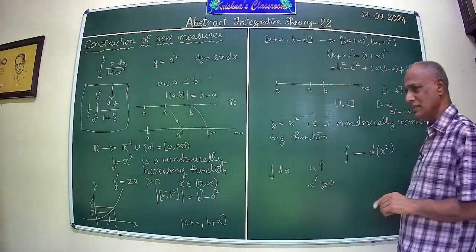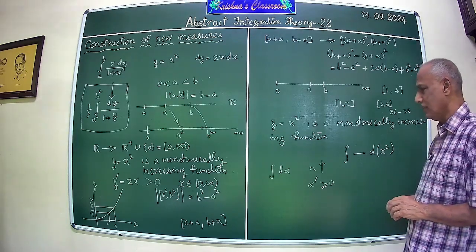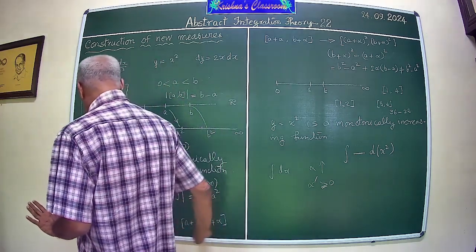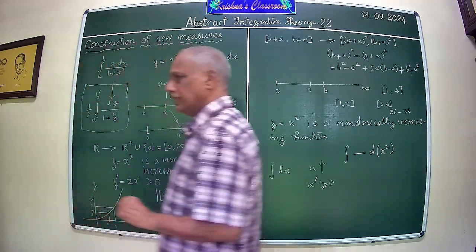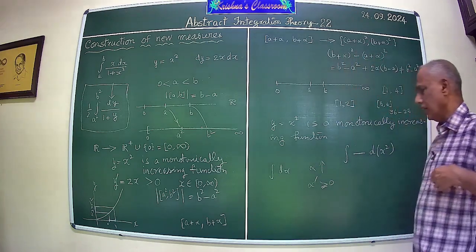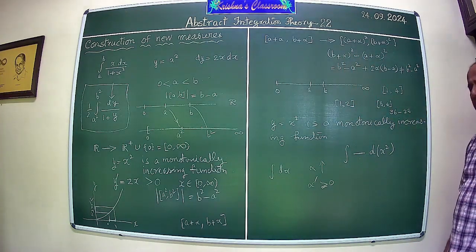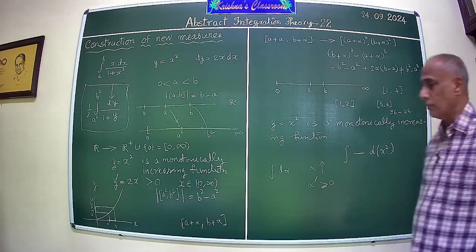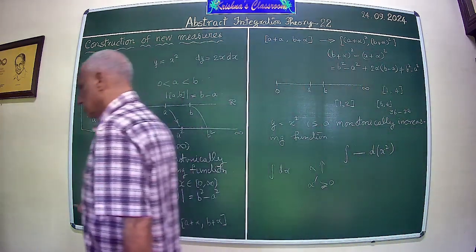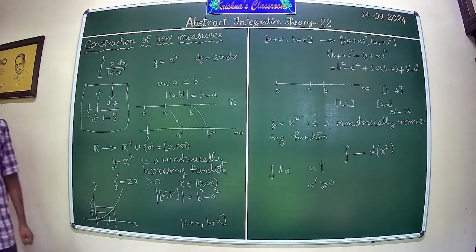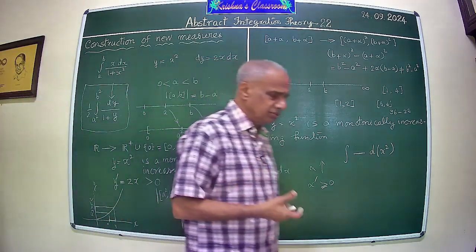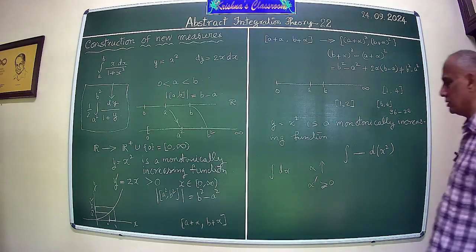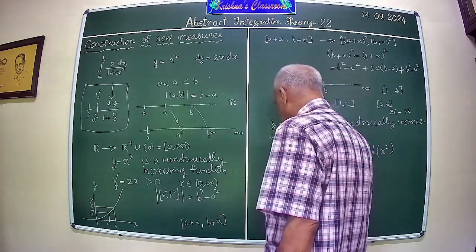So this is one of the differences that you have. It is quite possible that on R, if we introduce a new measure using a monotonically increasing function, you can even make some of the intervals have 0 measure, or a lot of versatility can be brought into the integration using this process. Now I am not going into the details of the Riemann-Stieltjes integral. This leads to